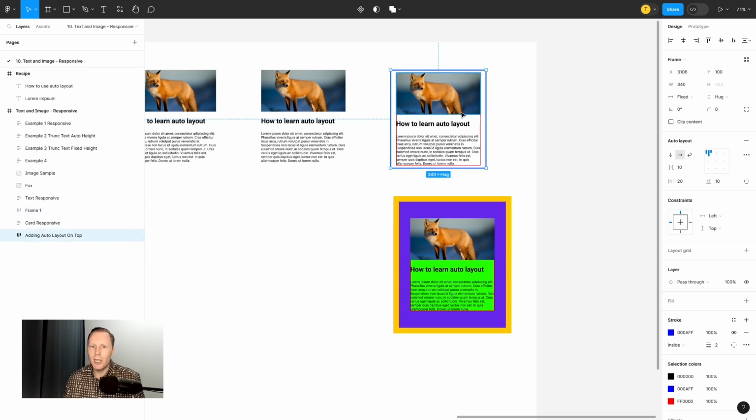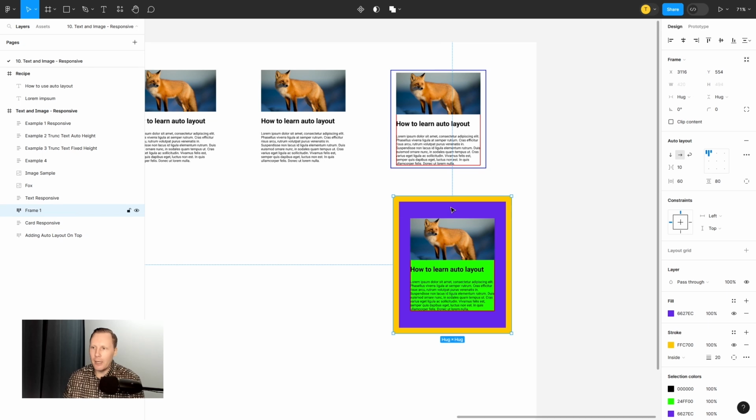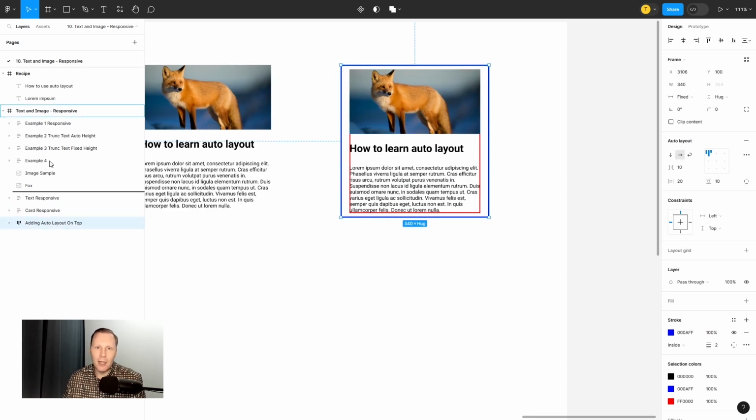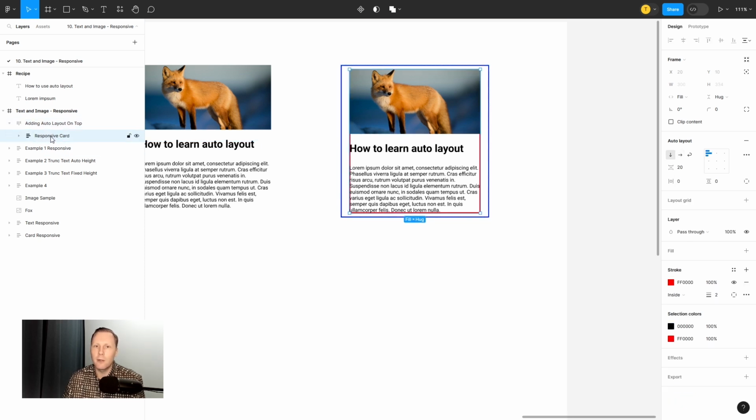And you can replicate what I did. You can also check this frame. It's called adding auto layout on top. Okay, I'm going to delete this one. Let's zoom in. I'm going to drag this here to the top so you could see it easily. And if I click on this adding auto layout on top frame, it's an auto layout frame. So it controls this border and the area around this card inside, and this card inside is called responsive card, and